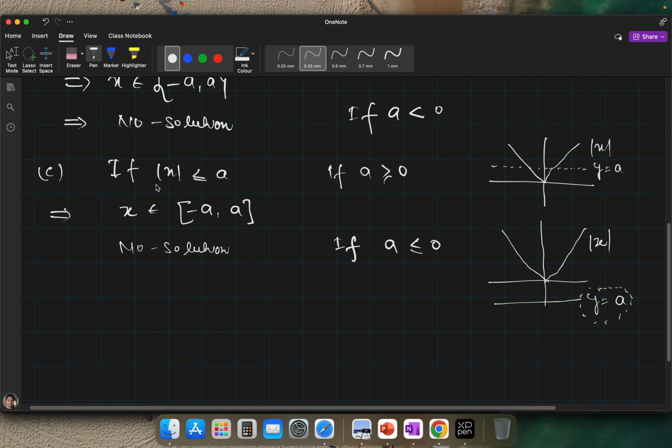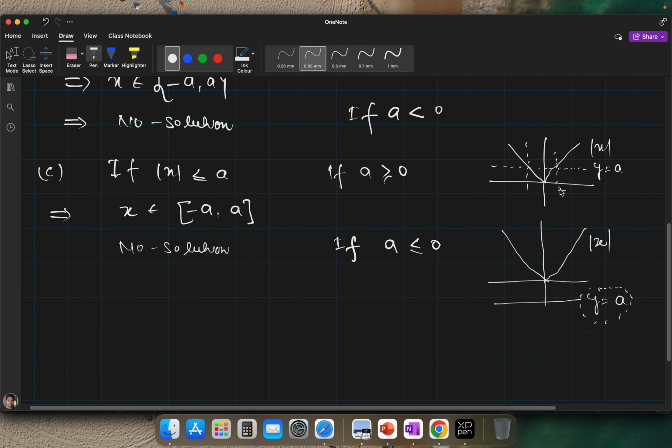Now I'm asking at what x the mod of x will be less than a. So you have to find such x where mod of x will be less than a. In this domain, you can see that mod of x is always larger than y equal to a. In this domain, you can see that mod of x is always larger than a. But in this domain,